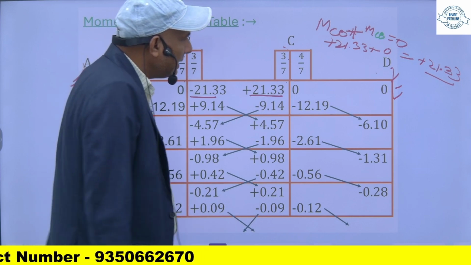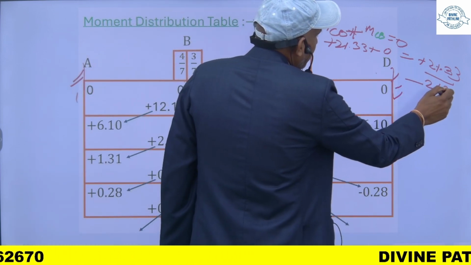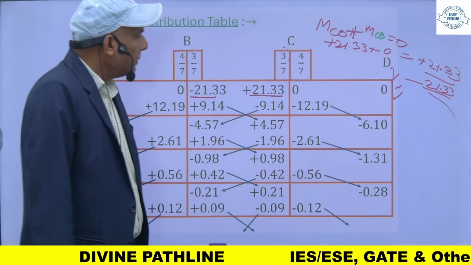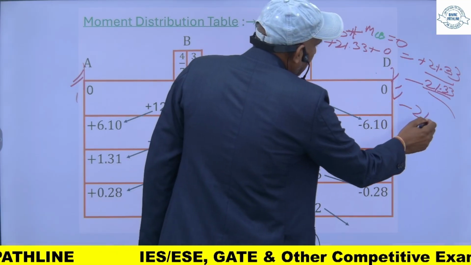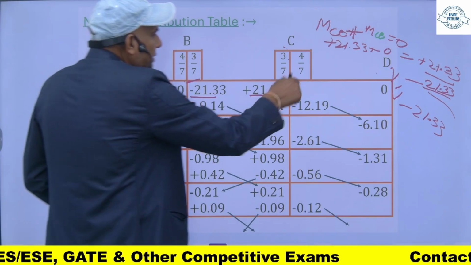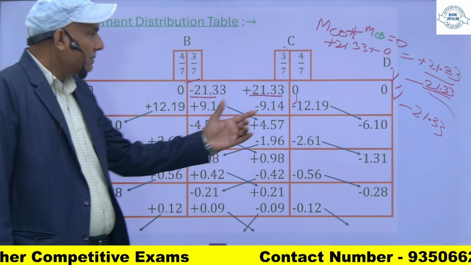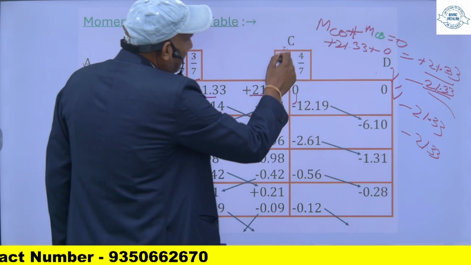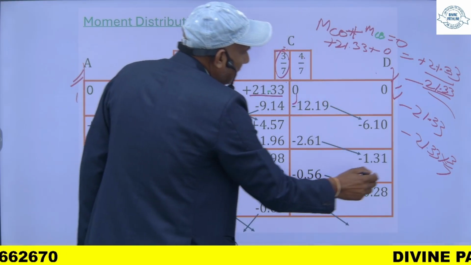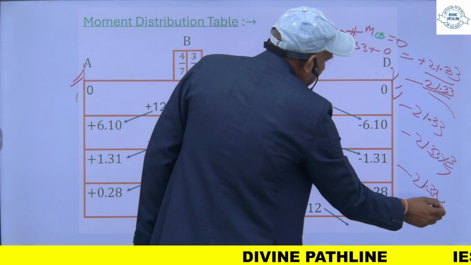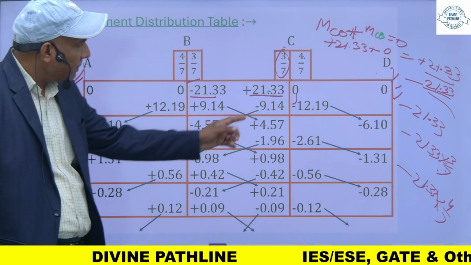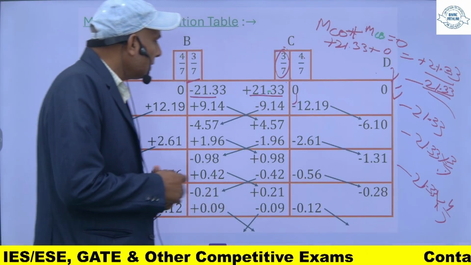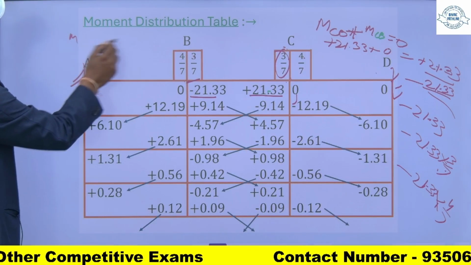जो कि इसको 0 करने के लिए, इस सम को 0 करने के लिए व्हाट आई विल डू, आई विल अप्लाई ए करेक्टिंग मोमेंट ऑफ -21.33। अगर मैं करेक्टिंग मोमेंट -21.33 का यहाँ लगाऊंगा तो ये मेरा 0 हो जाएगा। तो ये -21.33 का जब करेक्टिंग अमाउंट लगाऊंगा, दैट विल बी डिस्ट्रीब्यूटेड इनटू दिस मेंबर एंड दिस मेंबर एज पर दियर डिस्ट्रीब्यूशन फैक्टर। अब इस मोमेंट का कितना हिस्सा इसके हिस्से में आएगा, कितना इसके हिस्से में आएगा, दैट विल बी 21.33 into for this member I will multiply by 3/7 and for this member I will multiply this by 4/7। ये 3/7 से मल्टीप्लाइड करेंगे तो आई विल गेट -9.14 और 4/7 से मल्टीप्लाइड करेंगे तो ये -12.19 हो जाएगा।